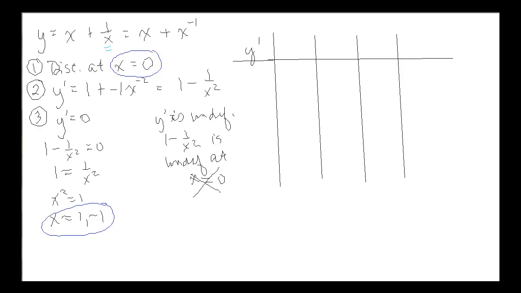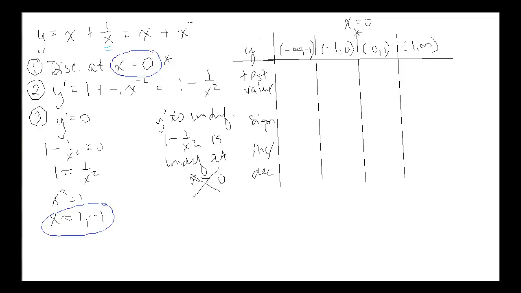All right, so we've got y prime, our test value, our sign, and whether it's increasing or decreasing. Okay, so our leftmost x value that we're going to consider is negative 1. So negative infinity to negative 1, and that's a critical value. Then from negative 1 to 0, 0 to 1, and from 1 to infinity. Now I want to keep in mind that x equals 0 is a point of discontinuity, so I want to point that out in my chart so I remember that.